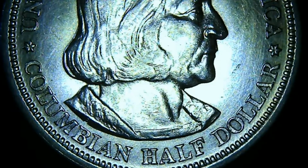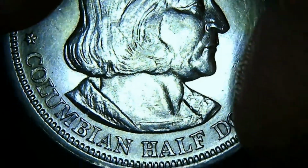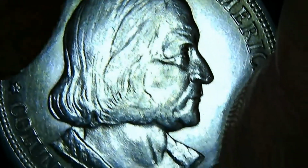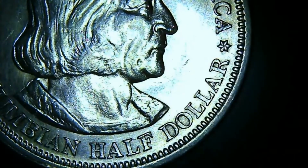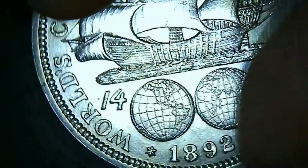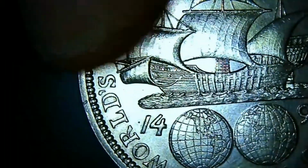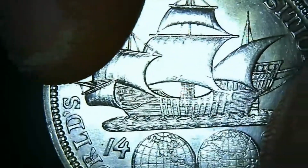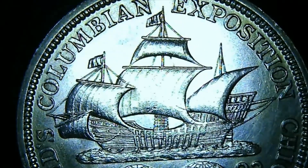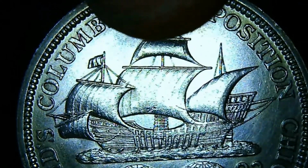So let's first take a look at what he did. He shrank the design and put United States of America, Columbian $50 on the face of this coin. Now, on the reverse, George Morgan had to deal with a Santa Maria ship that did not have this level of detail. So George engraved this detail on the ship,